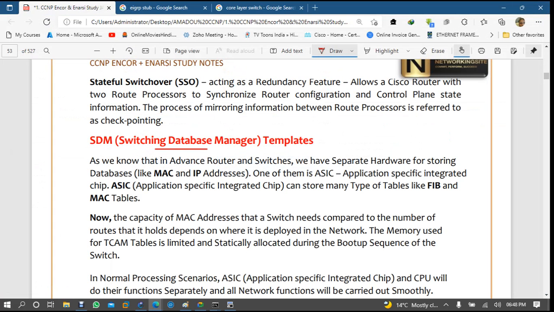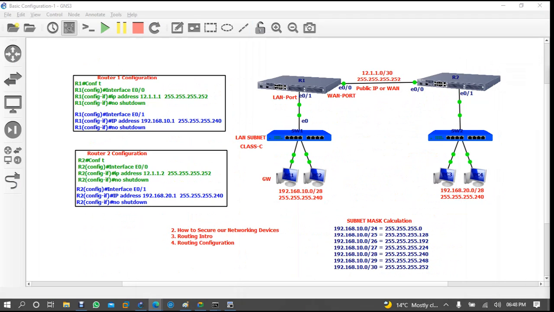So same here, in your router you have a single memory, a single database. That database is divided into multiple sections, meaning, according to you, this table is used for this information, this table is used for this information. This is maintained by the switching database manager. So if you come here and type one command here,